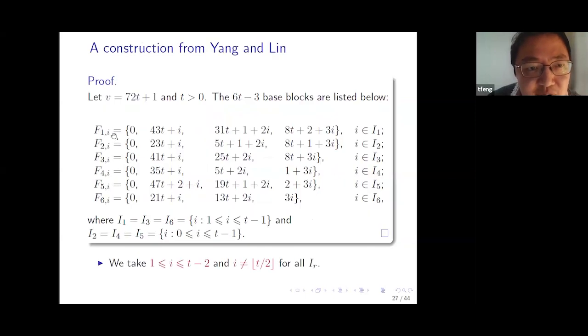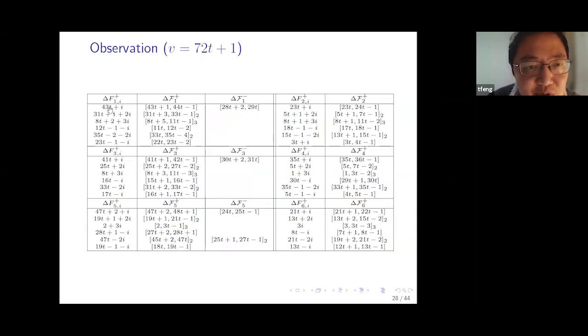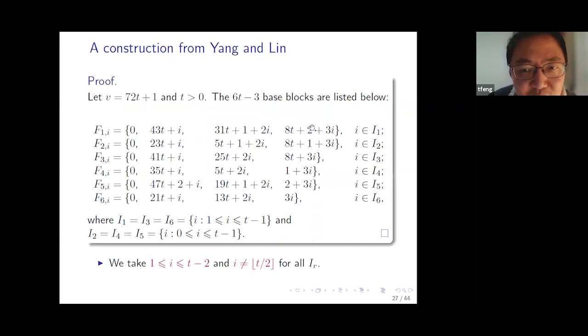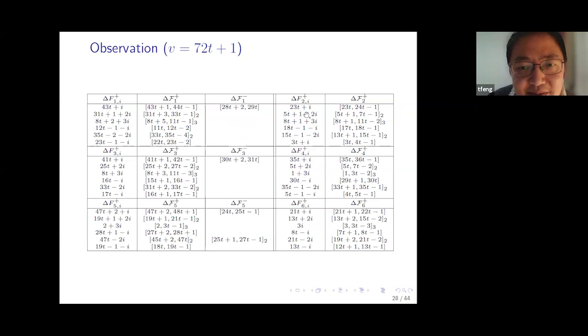For example, here in this slide, the first two elements are 0 and 43 times t plus i. So here it contributes a difference 43 times t plus i. And these 6 numbers are the differences contributed by the first block. And these 6 elements are the differences contributed by the second, by the third base block, by the fourth, by the fifth, by the sixth. This is all the